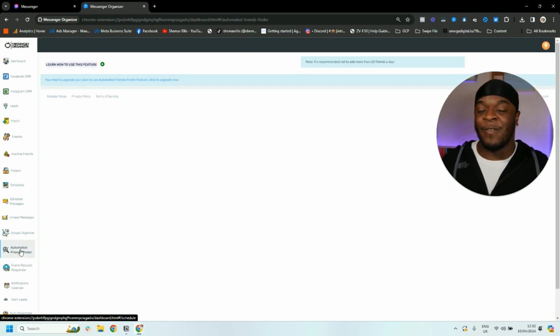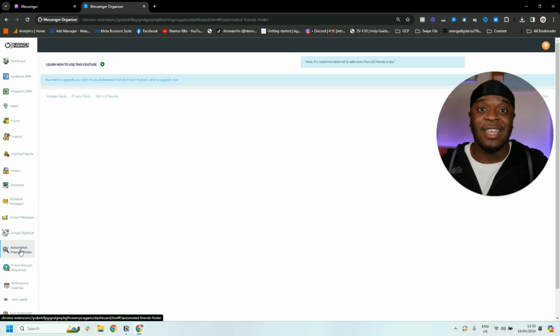If you guys wanted to find friends in a specific Facebook group, but you didn't want to go through and nurture through it, there's an automated friend finder feature. You literally just need to scan the groups that you've currently joined. It will scan it for you, and then you choose the group, choose members with things in common, and then from there, all you guys simply need to do is hit send friend request,